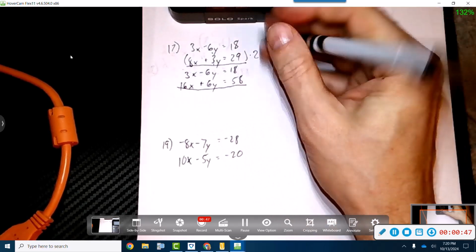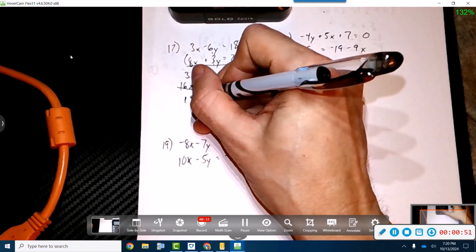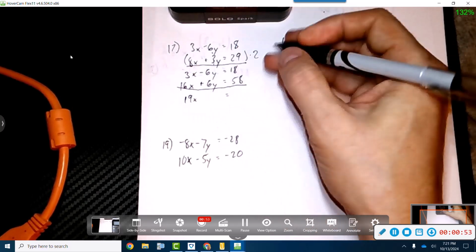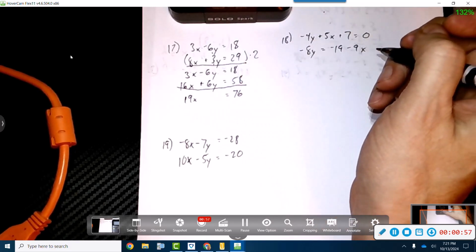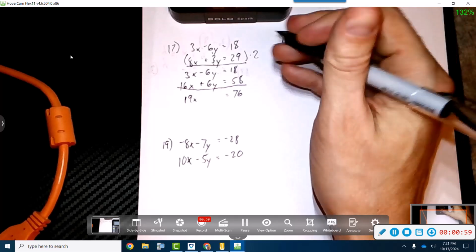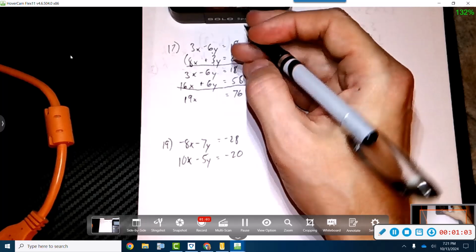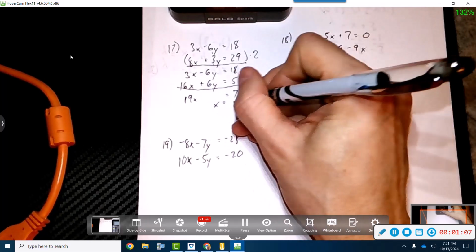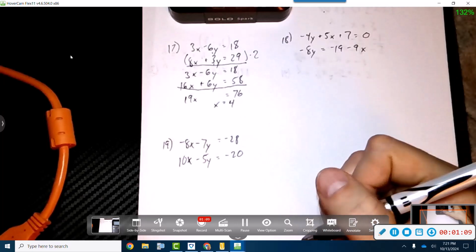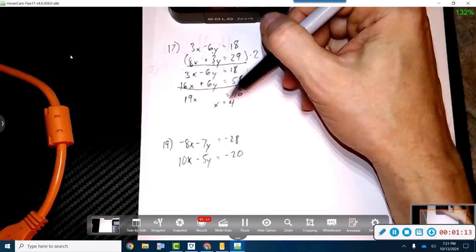All right, 18, carry the 1. So that's that. These guys cancel out. So now I get 19x equals 76. So 76, if I divide that by 19, I'm going to get 4. X equals 4. So all you got to do is just pick one of these equations to plug the 4 in, and you actually already got